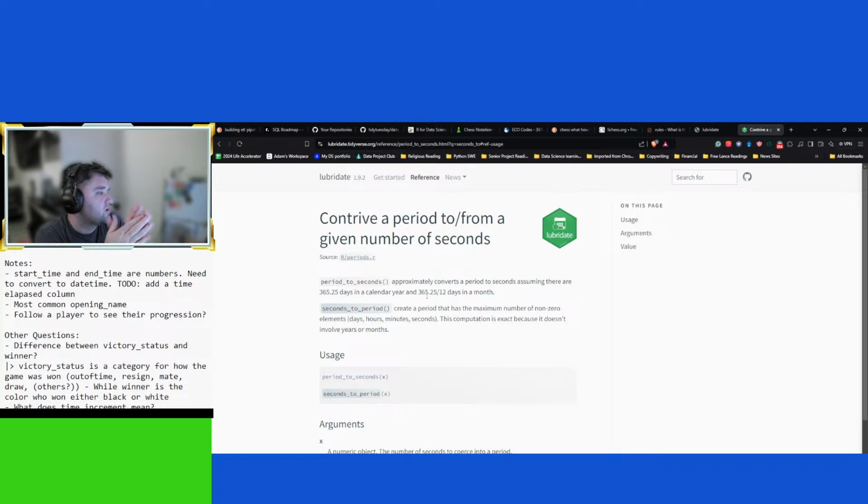Create a period that has the maximum number of non-zero elements: days, hours, minutes, seconds. Its computation is exact because it doesn't involve years or months.